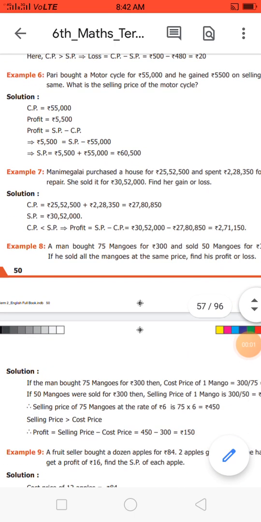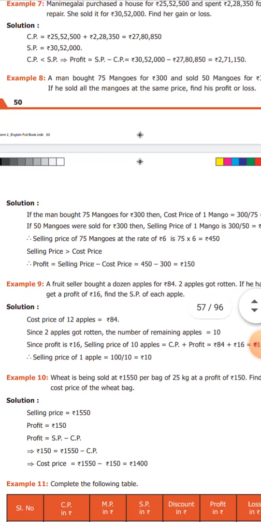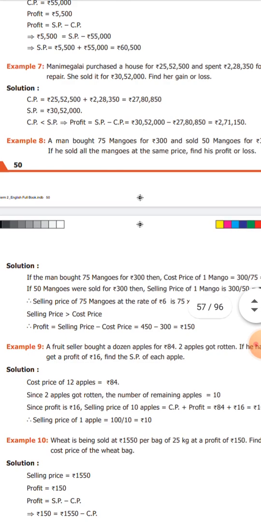Okay, so today we are going to see about profit, loss, cost price, selling price, with some more examples. So first of all, what is cost price? Cost price means the price you pay to buy something, the price of that particular object. Selling price means if you want to sell some object, that is the selling price. Profit we know, loss we know. Profit means gained, loss means loss.